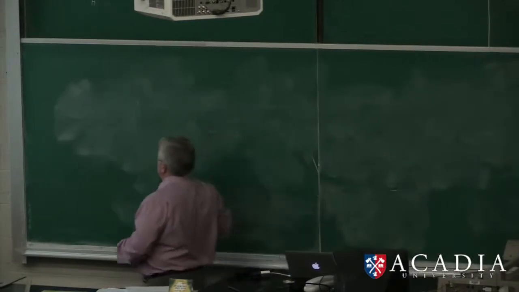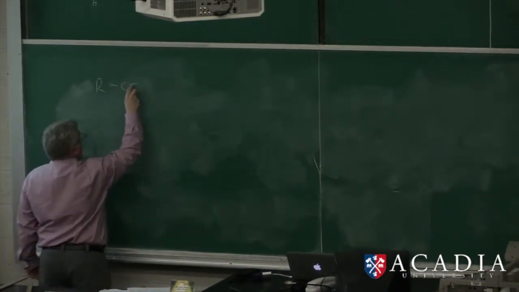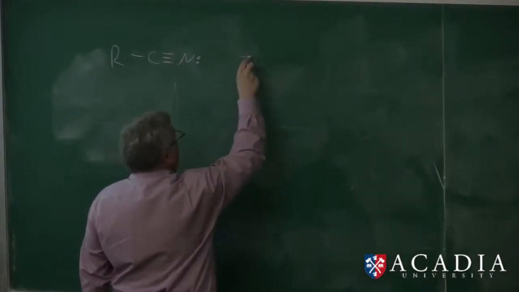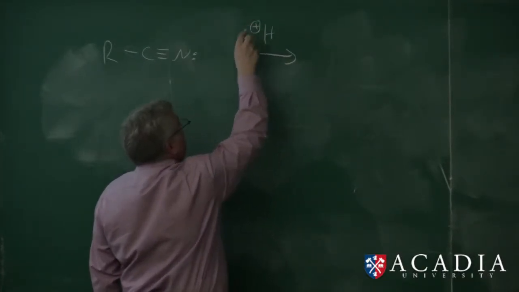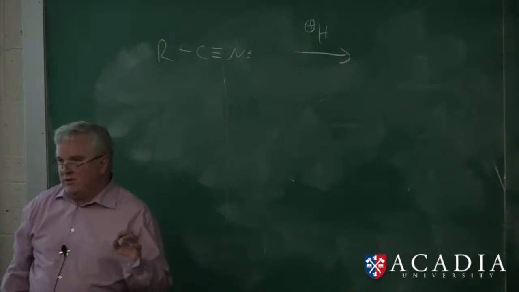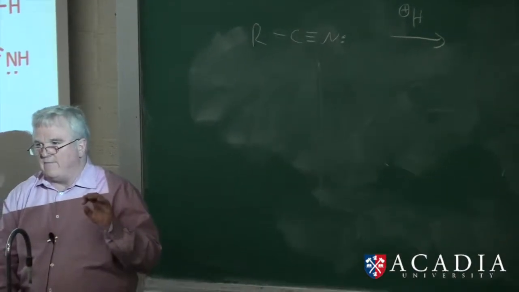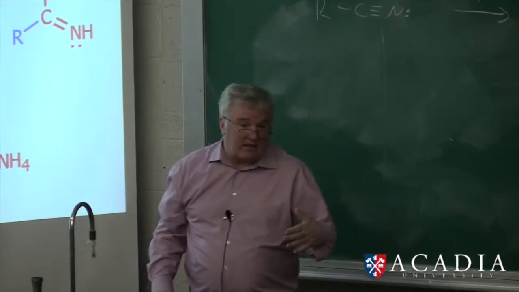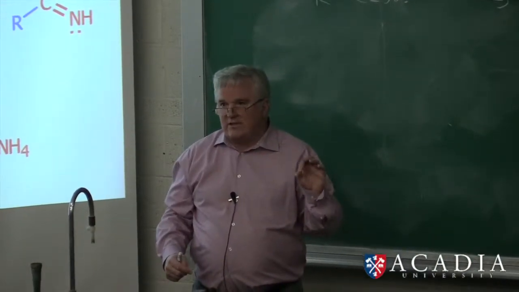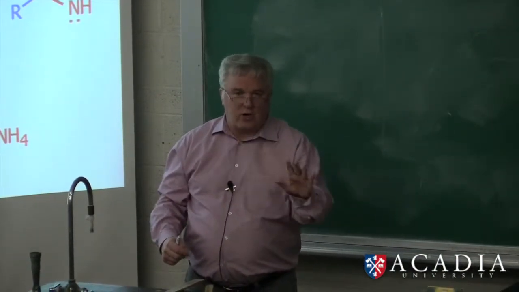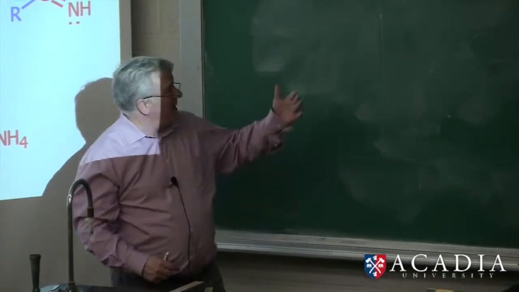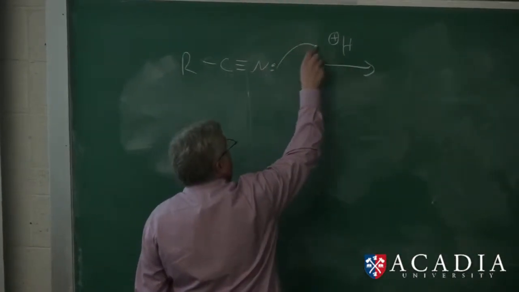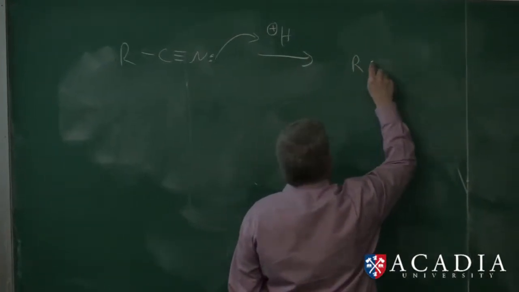So we have a nitrile. We have a lone pair of electrons, and although we have water, the first step in a reaction, we're going to do it under acid hydrolysis. Here's a hint, and it doesn't happen all the time, but for most reactions where you're using acid as a catalyst or there's acids around, almost always the first step will be a protonation reaction. Almost always. Okay? So that's what you want to think about. Where would this protonate? Well, it's going to protonate right there. And the first step in our reaction then